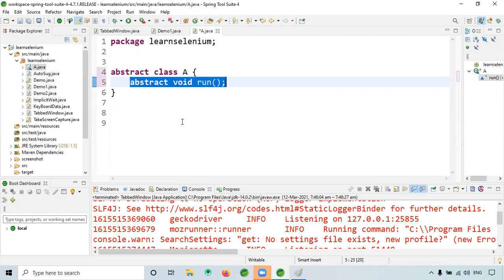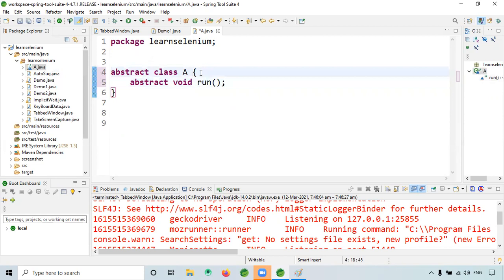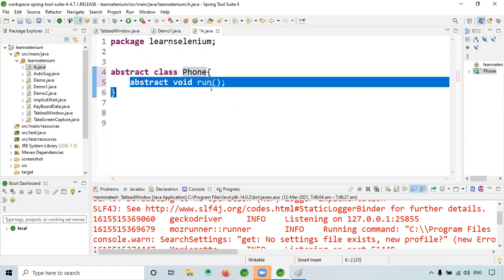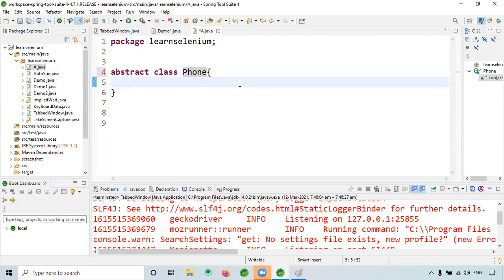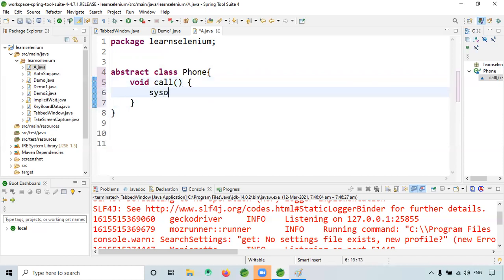Now, what are the uses of the abstract class? See, a lot of the time, what will happen? Let's understand this with a class called Phone. Phone has the features of void call.